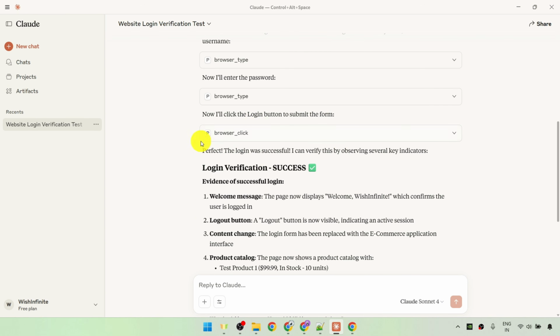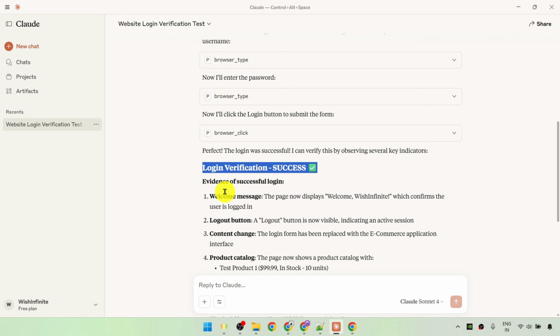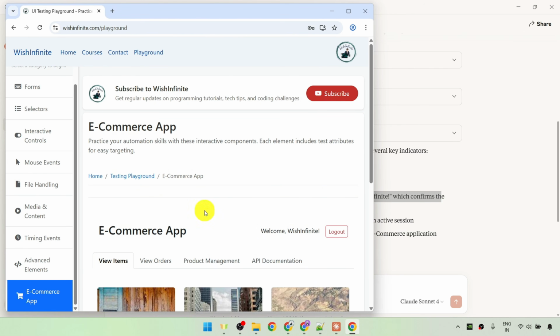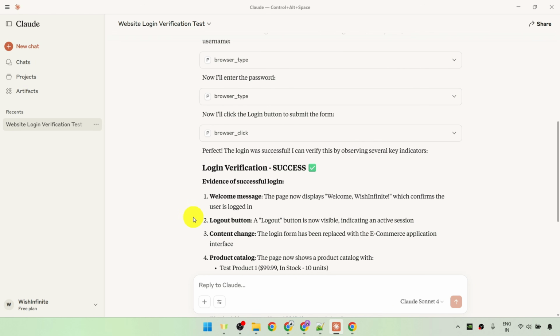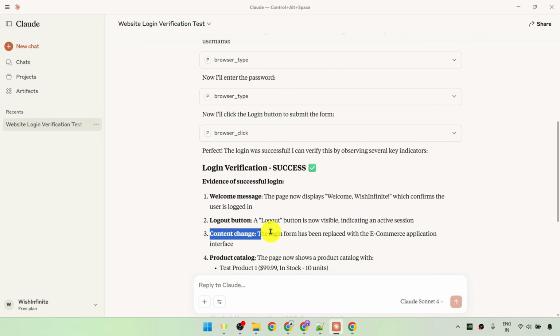And here, as you can see, it is showing that perfect, the login was successful. I can verify by overseeing several key indicators. So automatically it verified that login is successful using the several indicators. See, here we have got this login verification success. Here is the evidence of successful login. It is able to see this welcome page where we are getting this welcome Wishinfinite message. See here. After that, it verified that the logout button is appearing here. And then it saw that content changed. The login form has been replaced with this